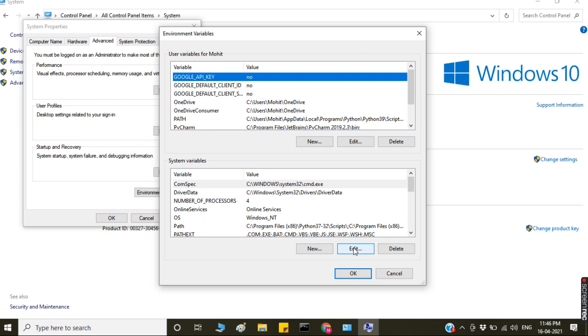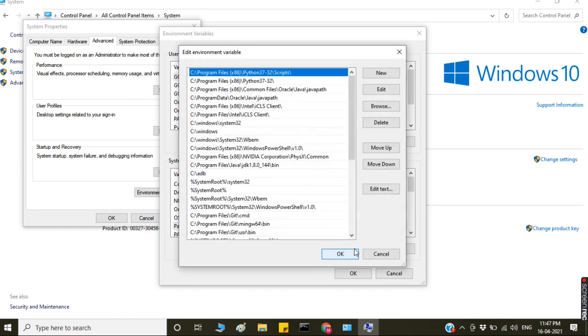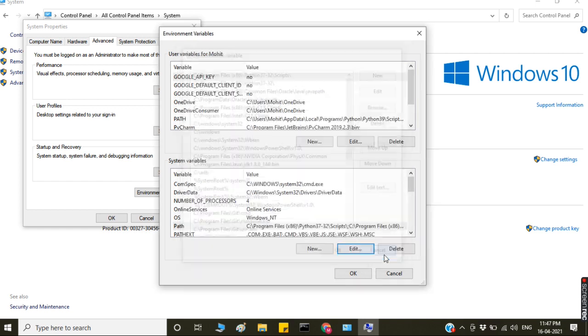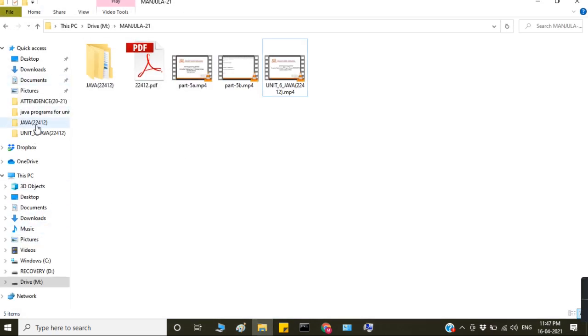Here select the path and edit variables, and then paste the path where your bin folder is. In this PC the environment variables are already set. Is it clear? So how do you get this bin path?